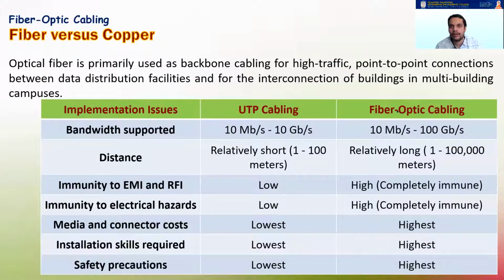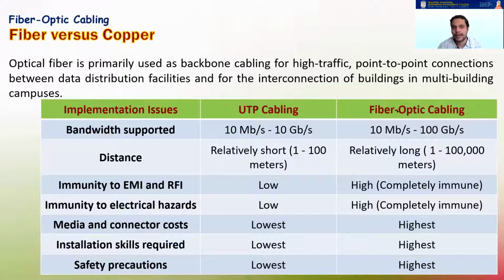Now we come to the point where we have to understand what type of cable to use for what type of connection. And if you check out the table over there, it gives you a small comparison between UTP cabling and fiber optic cabling. If you can see, with UTP cabling right now, with the current categories, you can go up to 10 Gbps. Even with fiber optic cabling, you can go up to 100 Gbps. Distance, fiber optic cable is an easy winner there. It can go up to 2 kilometers easily.